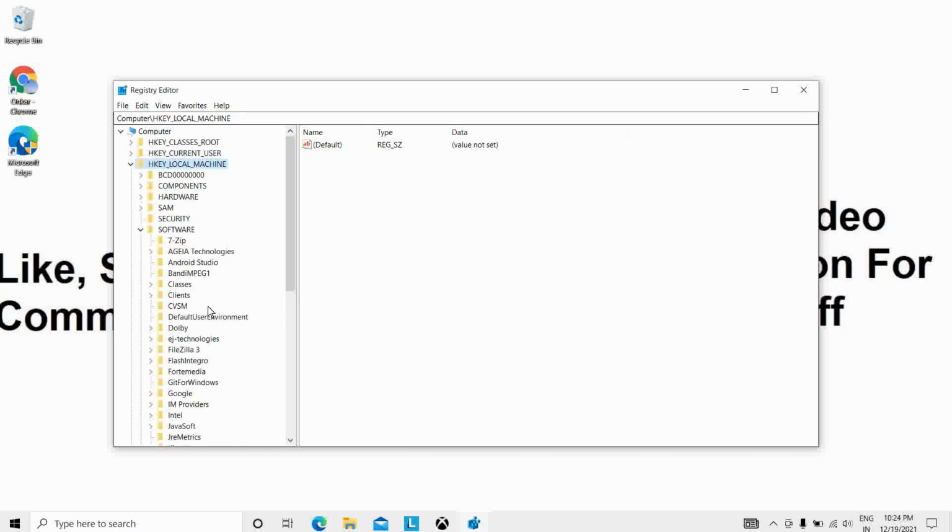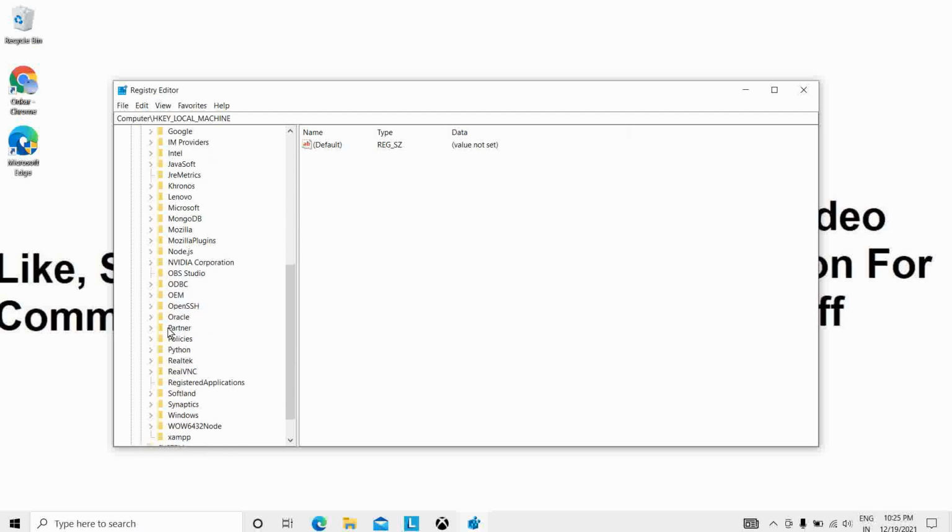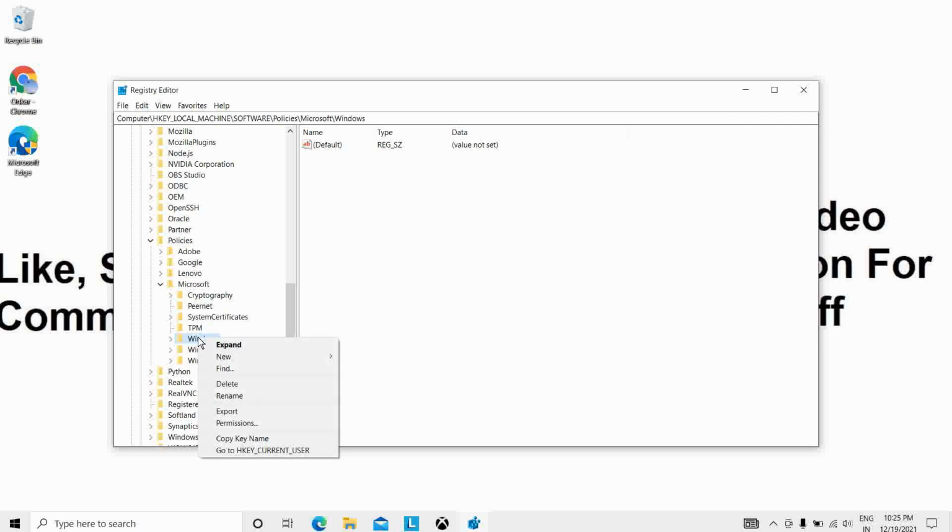In the Software tab you will see Policies, in alphabetical order. Click on Policies, then select and open Microsoft. Then you will see the Windows option. Right click on Windows, click New and click on Key.